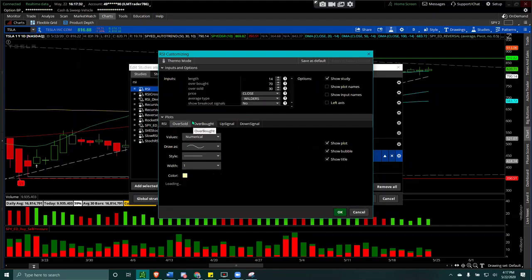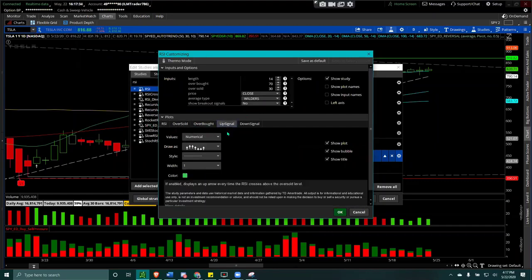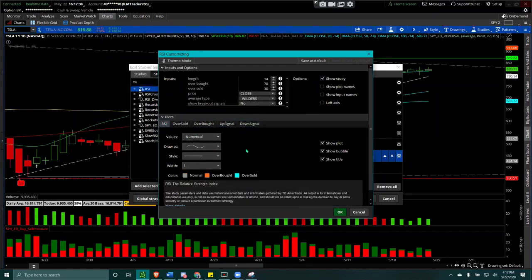So here you guys could set it up in many different ways. How do you like to see it? Uptrend, downtrend, RSI. So I keep it simple. I keep it overbought. Obviously, someone bought it too much. They want to sell it. This is normal. Oversold, I'll just say as